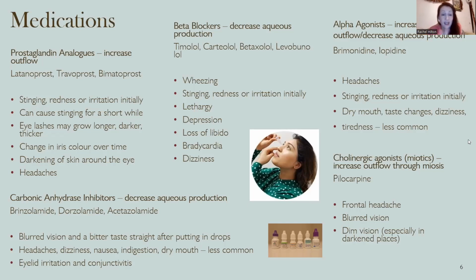So essentially what they're doing is either reducing the eye pressure by opening up the drainage system a little bit more, or reducing the eye pressure by reducing the amount of aqueous, that fluid that circulates in the front portion, that's produced. So if we have less of that, we have a lowering of the pressure, or if we have a better outflow, we get a lowering of the eye pressure. And some people may be on a combination of these drops. Certainly, there are even combination drops available. For example, the most common one we see is Cosopt, which is dorzolamide and timolol. So you will see various drops available, and we go for what works for you.